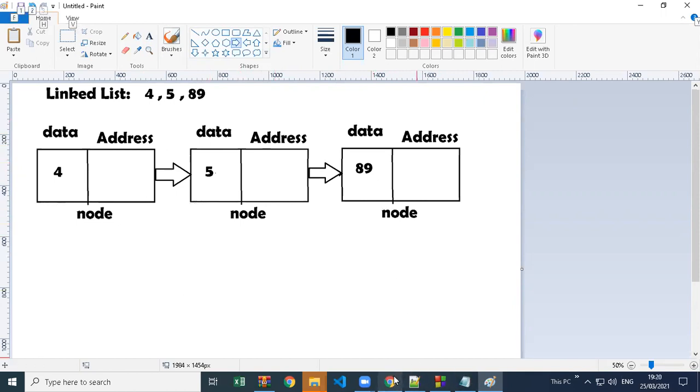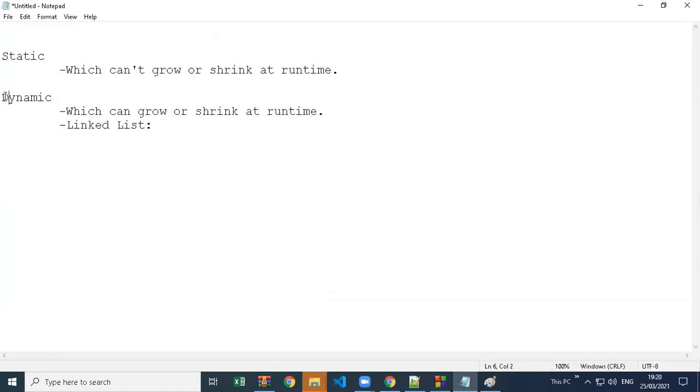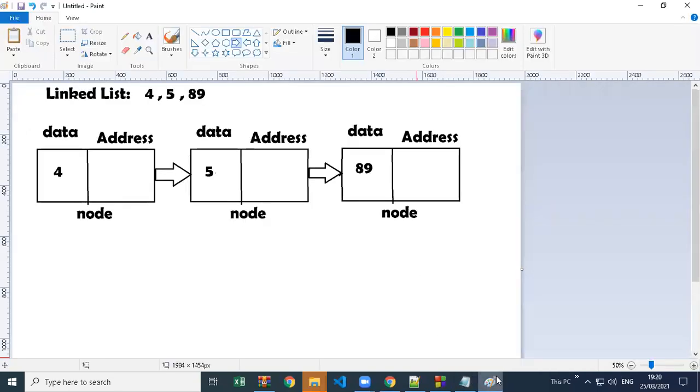So here, if I see the definition, dynamic array means one which can grow or shrink at runtime. So both the limitations of our traditional static array are now removed. The traditional arrays are also used if you want to store a fixed number of values. If you know the size in advance, of course you can use them.